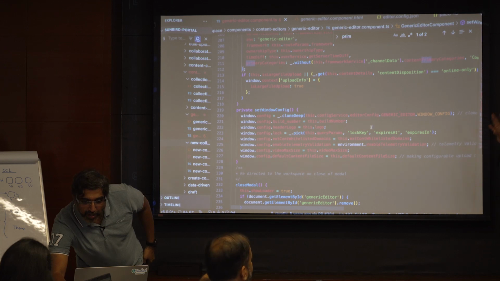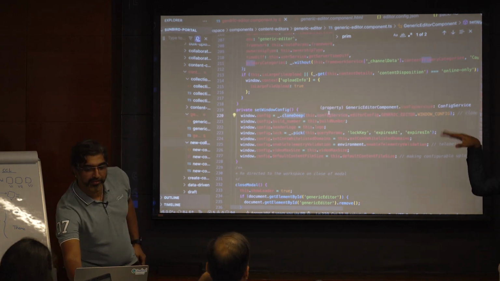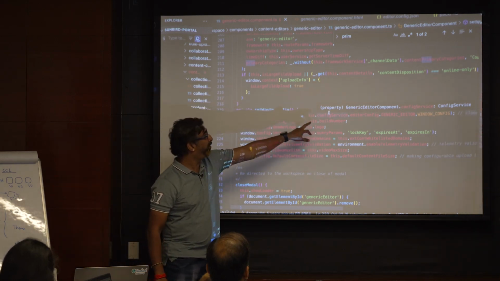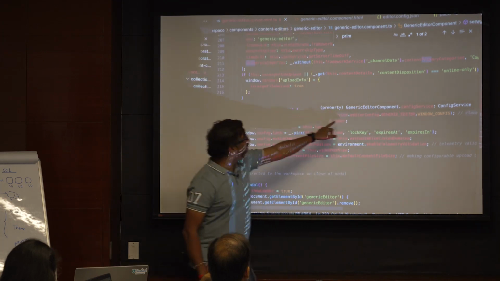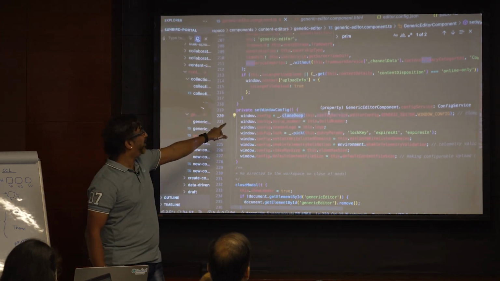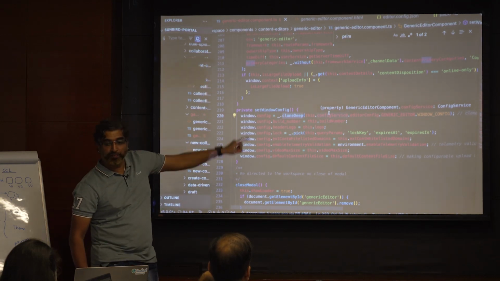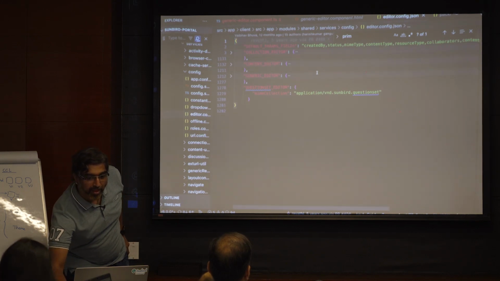I would recommend you go through the editor configuration to understand more. Why are you passing all these things? If you don't understand, this is the line that Vinu is trying to tell you. Just see, this particular part, the window configuration for an editor or a generic editor, is getting copied from editor config. It is actually this JSON file, and it is trying to get it from there.